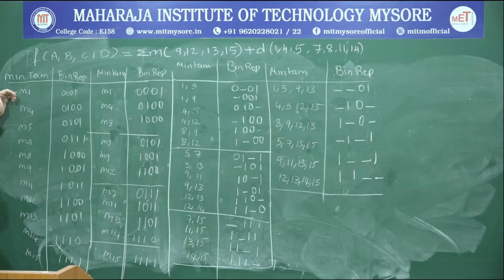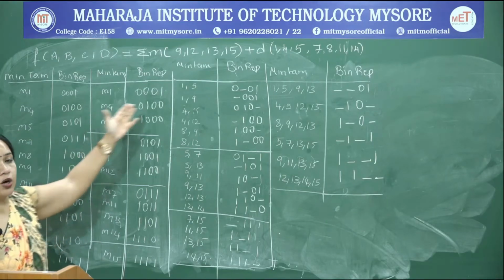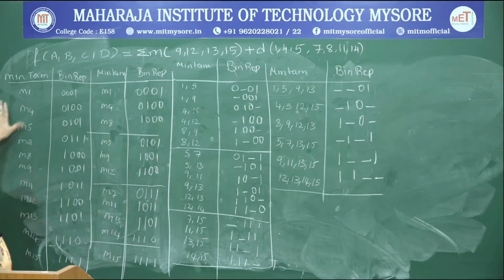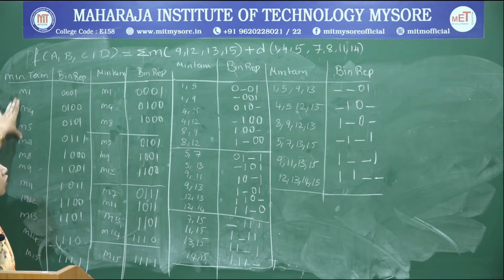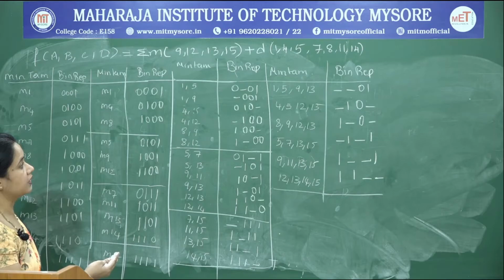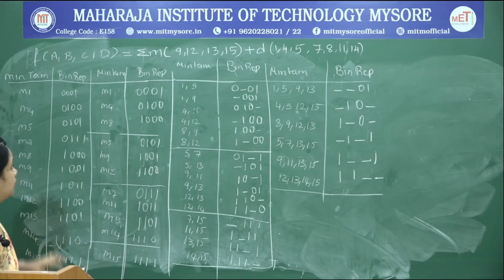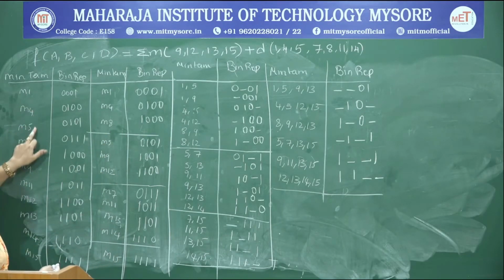The very first step is to list all the prime implicants in binary representation, and you are aware that when you have don't care terms, they are to be treated as min terms here. So we will list all the min terms along with the don't care terms, and later, while considering the essential prime implicants, we will skip the usage of don't care terms. So it is M1, M4, M5, M7, M8; we have listed all the min terms and their binary representation.